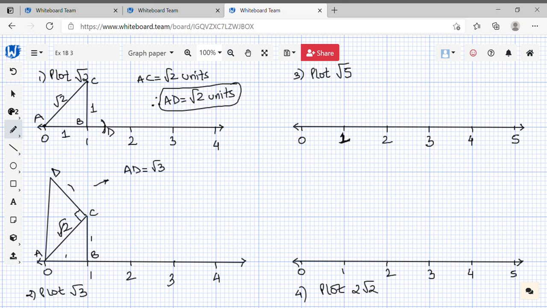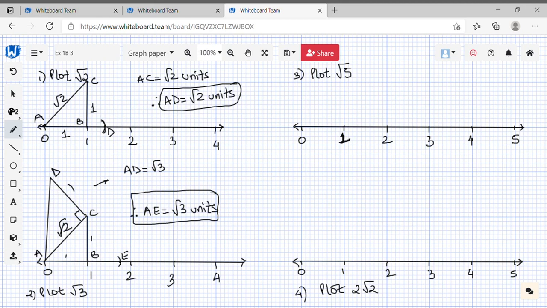Again, this is not plotted on the number line. So now I keep my compass at point A, measure D, and I cut an arc somewhere. Root 3 is equal to 1.732 approximately, so it would be somewhere here. Let's name this point E. Therefore, AE is equal to root 3 units. Basic concept is that you take Pythagoras theorem, one side is 1, the other side varies for what you need